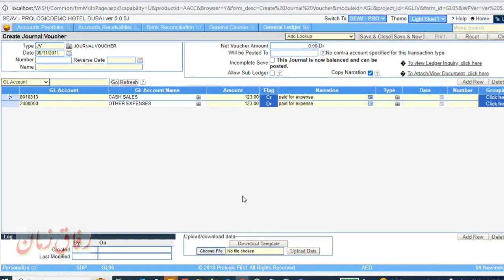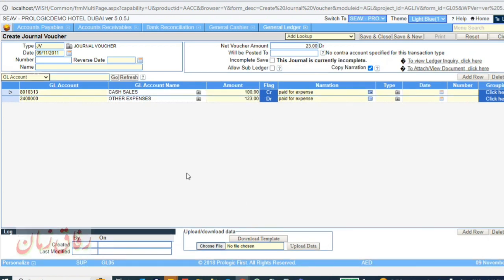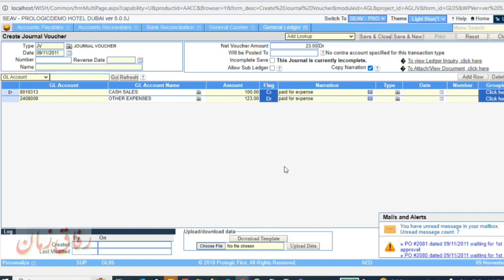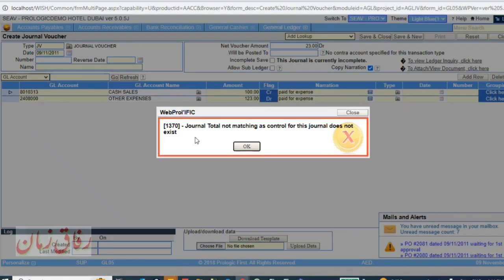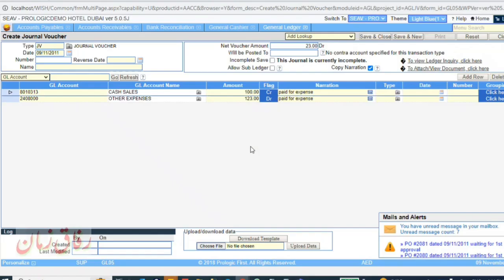Yeah, maybe there are so many entries here. Normal saving you already know, so I'm not saving and showing it to you. Now I got to know it is 100 and maybe there are many more entries. It is not matching. If I try to save, it will say journal total not matching. So either I'll close it, and whatever 10 entries I have done, everything will go, or I can say it's an incomplete save. If I say